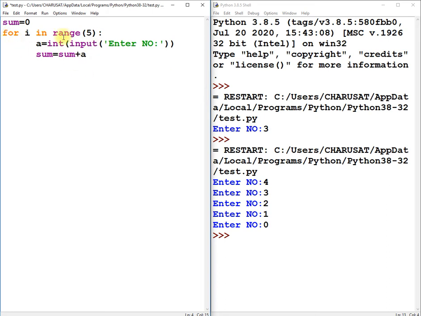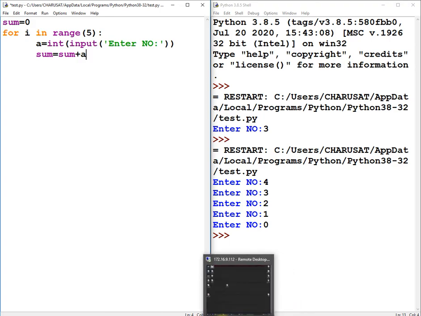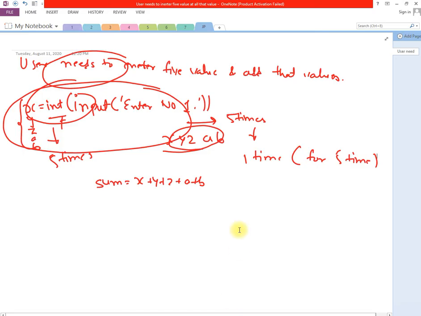So what will happen if I do this? If I write that line, first the user will be asked for the first value, let us say the first value a, small a.